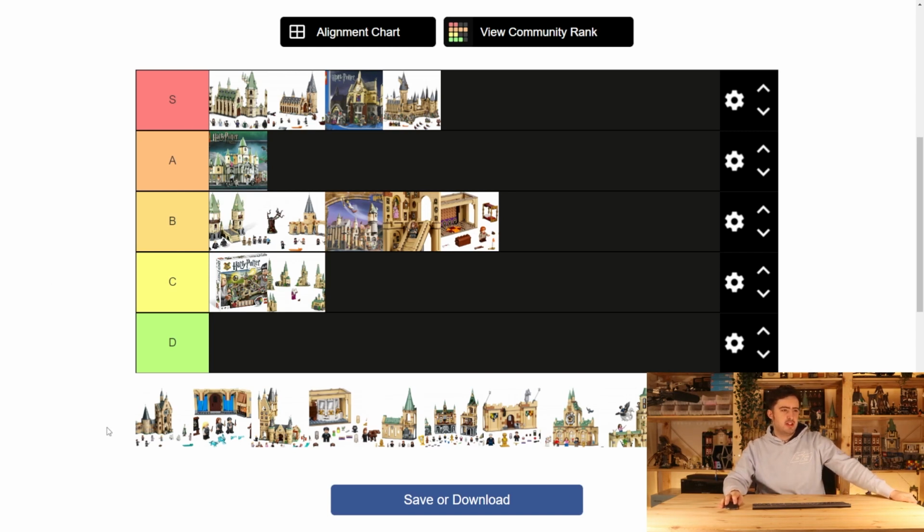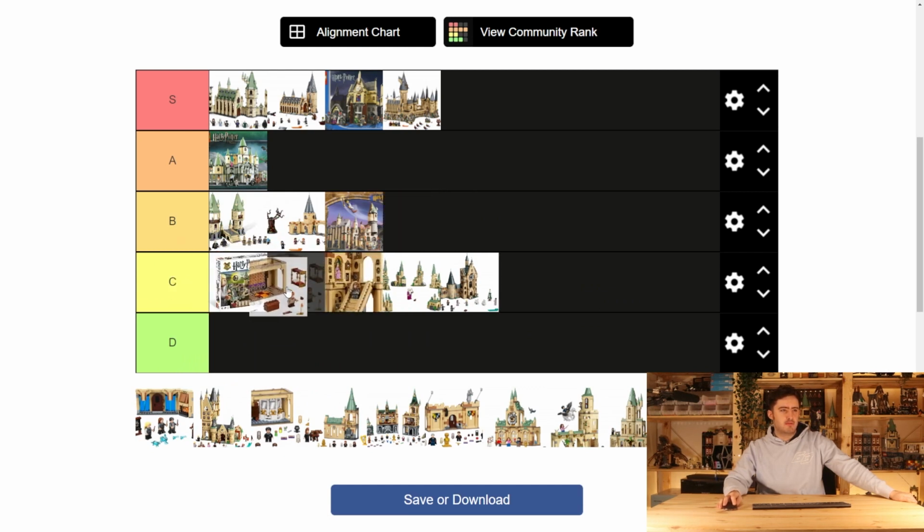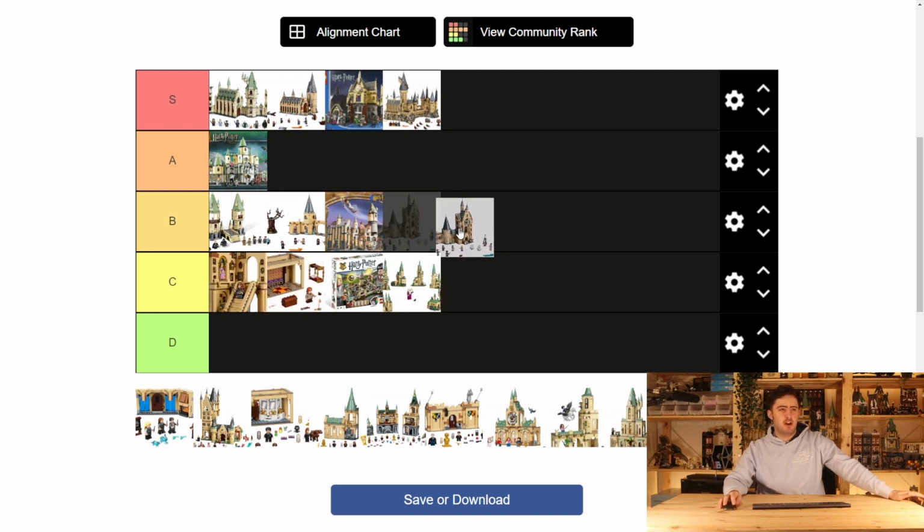Then we have the 2019 Hogwarts Clocktower set. I feel, you know, I'm going to move these down one, because I think that's fair. I want to put the Clocktower behind the 2001 version. I think the issue with this set, the 2019 Clocktower set, was because the minifigures and the set itself was too Christmas focused. You know, the minifigures are all basically based on the Yule Ball, which having one or two